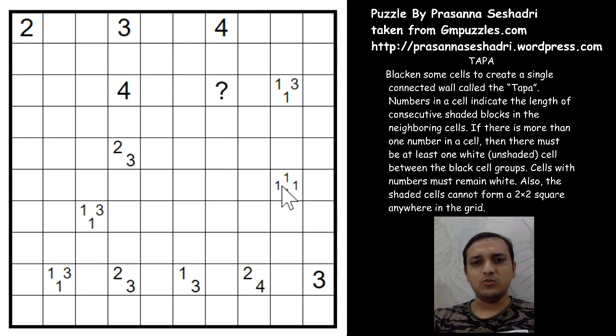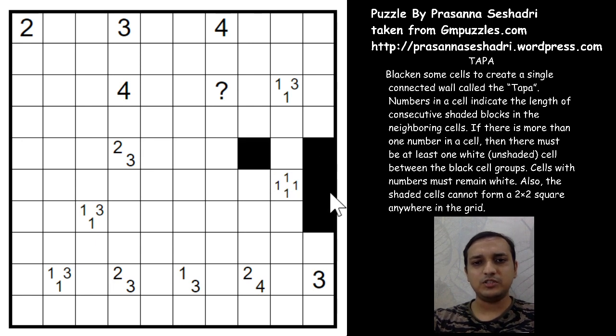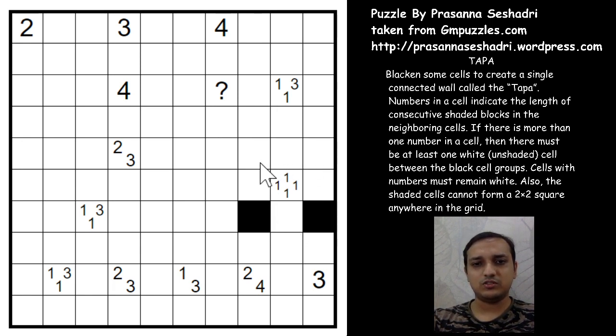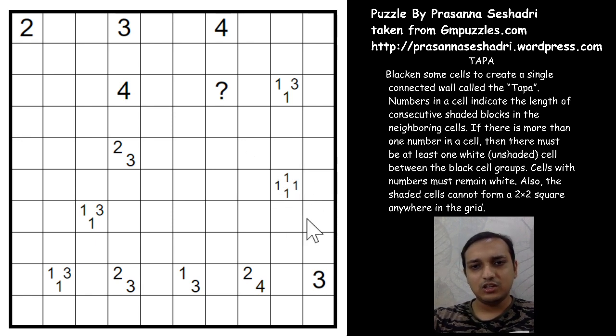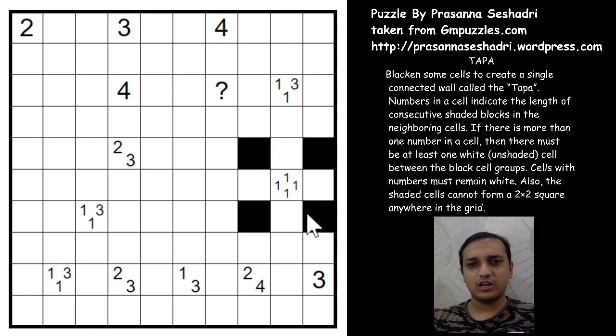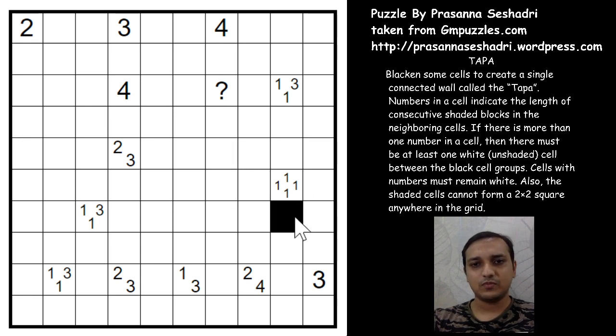So when you see 1 1 1 1, so there are 4 ones, we know that 4 of the cells will be shaded black and you will have white cells in between to differentiate them. So there are 2 possible ways. For example, one is this way and the other one is this way, right? But if you see, one of the possible ways makes this black cell stranded. So we can conclude that if there is 1 1 1 near the edge, you can have this kind of shaded cells for sure, right?